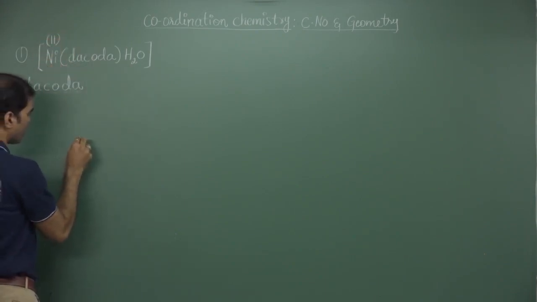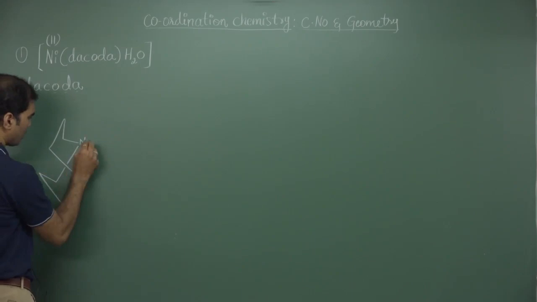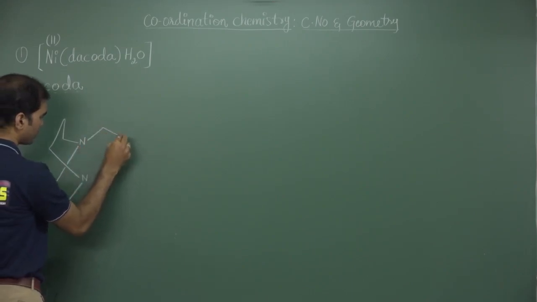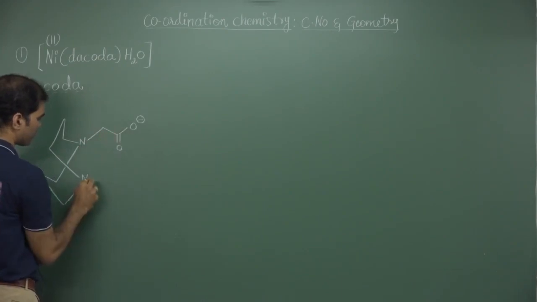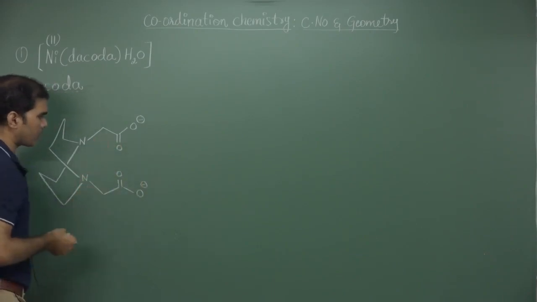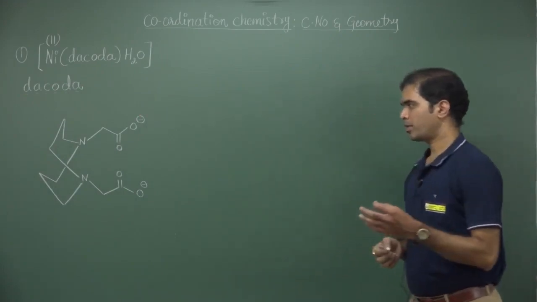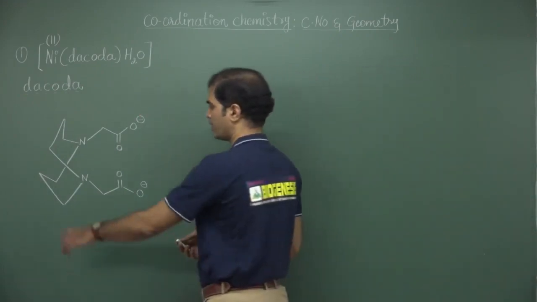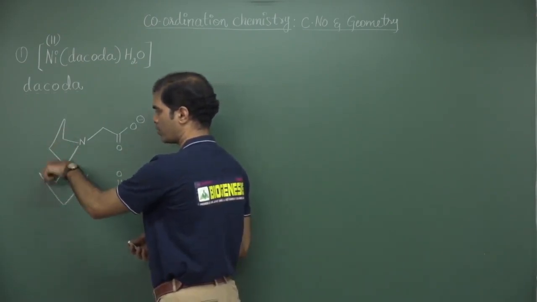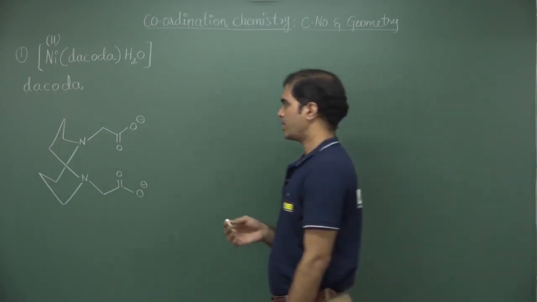I am just putting that ligand. Now this is the ligand. So this ligand will coordinate with the nickel. And what will be the geometry, how much is the coordination number, we will try to find out. We are not entering into the conformation analysis, whether this is above or below, that depends. We are only concerned with the inorganic chemistry, the coordination with the metal.